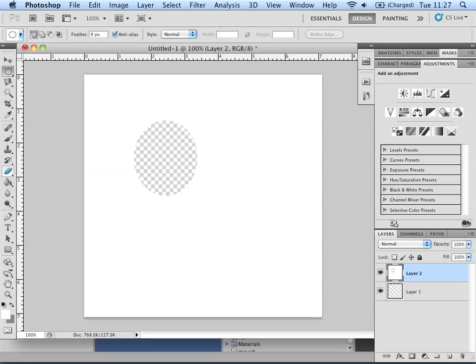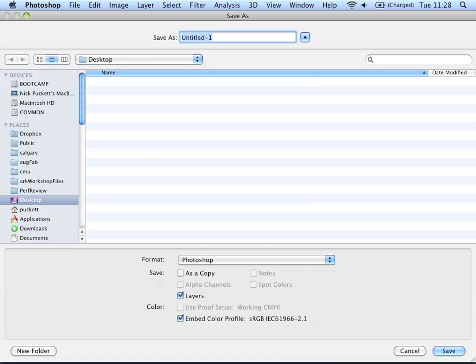You could also, well, we'll do this one first. Same thing, I'll make two, and then just delete it. So now we just need to save it in an image format that holds the alpha channel, and the easiest way is to do it as a PNG. So we're going to say save as,